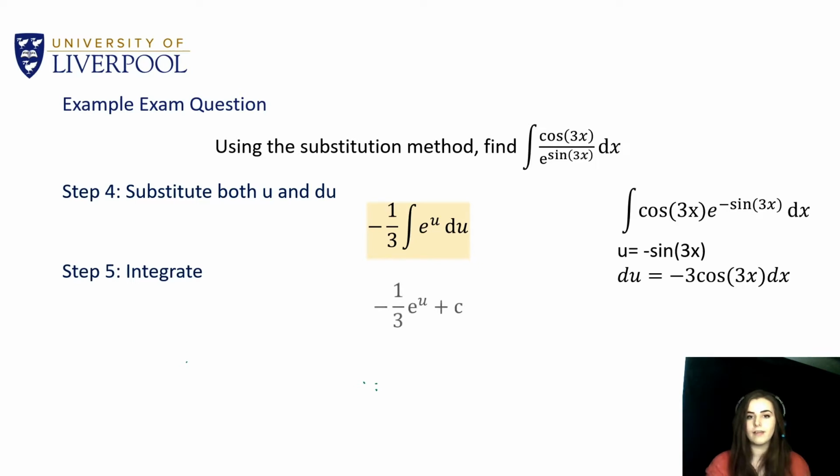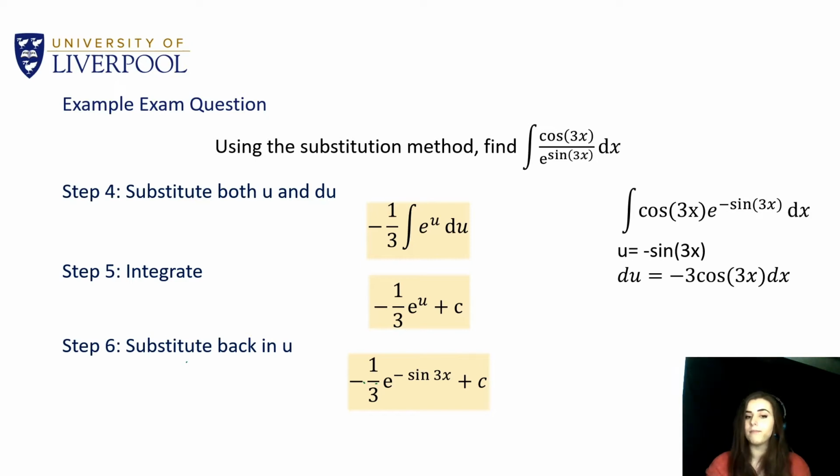Now we can integrate, so we get minus a third e to the power u plus c, and we substitute back in the value of u, so we get minus a third e to the power minus sin 3x plus c, which is the exact same answer from our previous method, just a lot quicker. So if you don't see this quicker way of doing it, that's completely fine. Just keep with it, and even if you have to do a second substitution, you should arrive at the correct answer. I wish you all the best with your maths and hope that this has helped you with integration by substitution. And that's us done.